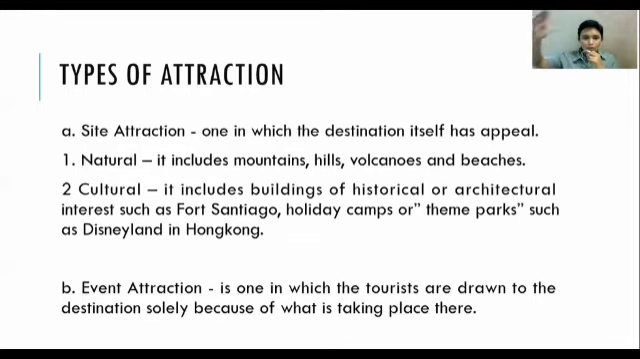Holiday camps, theme parks, or Disneyland, this is a theme park attraction. And there are many others. Mostly cultural is man-made too. Okay, that's a cultural attraction. When you say event attraction, an event can also be natural or cultural. For example, disasters like volcanic eruptions and the aurora borealis can be considered natural event attractions. Cultural event attractions are festivals,